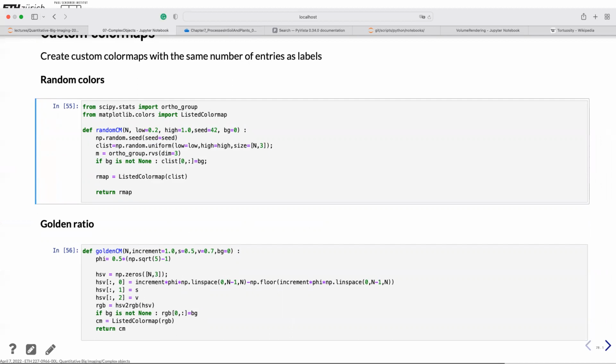using either completely randomized colors. I did some orthogonalization too to make them sure that they're really separated. Or else using the golden ratio on the HSV color code. So that would be the hue. So that's actually a value that goes from 0 to 2 pi. And then I use the golden ratio to find different colors which are irrationally distributed and also not very correlated